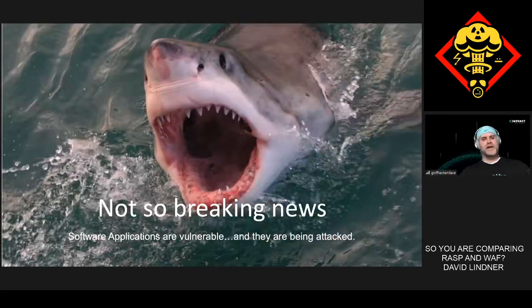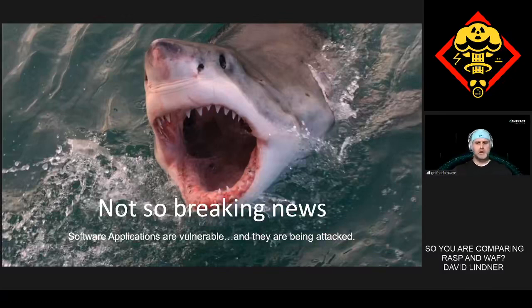Everyone here understands that our applications are under attack. They're vulnerable. And for years and years, we've tried, either manually or programmatically or by adding software detections, all this stuff to find and prevent vulnerabilities from being attacked and exploited, right? But there's some things that